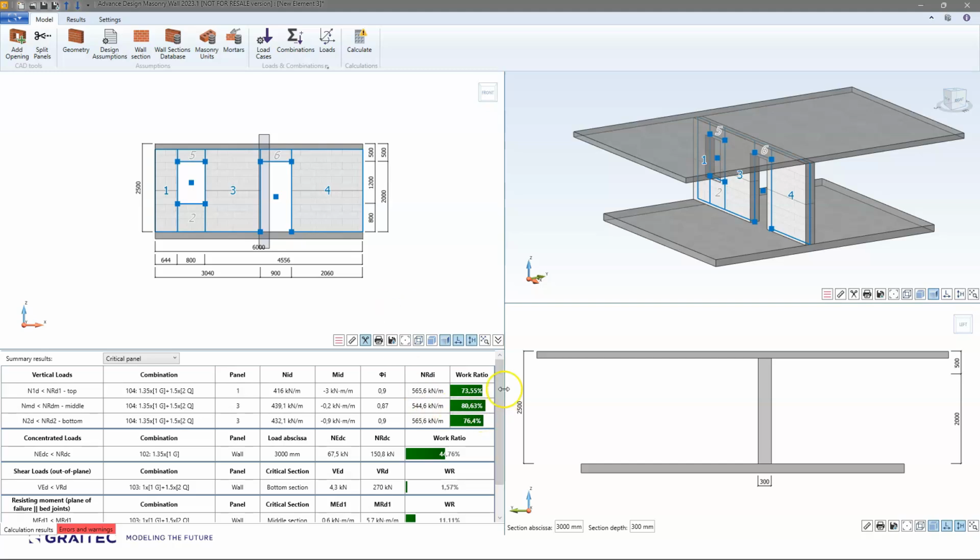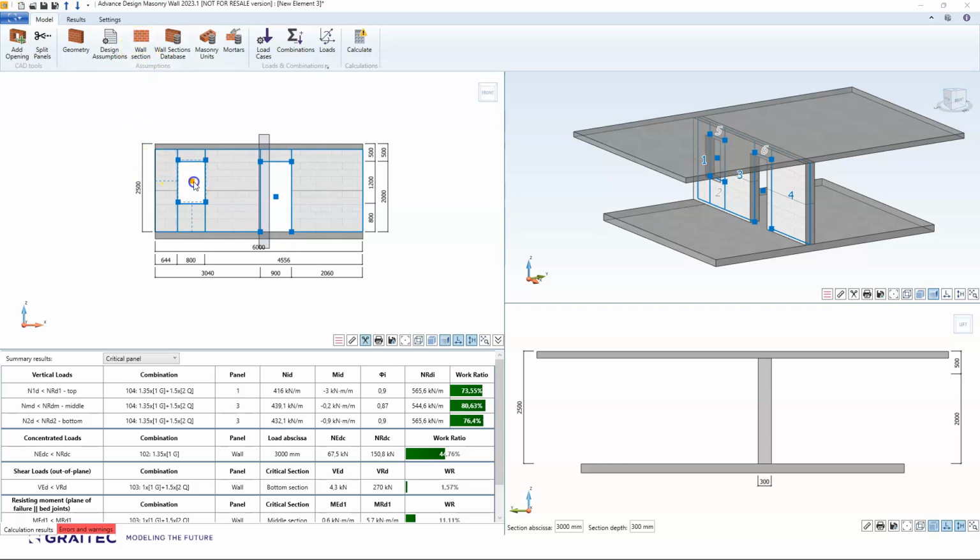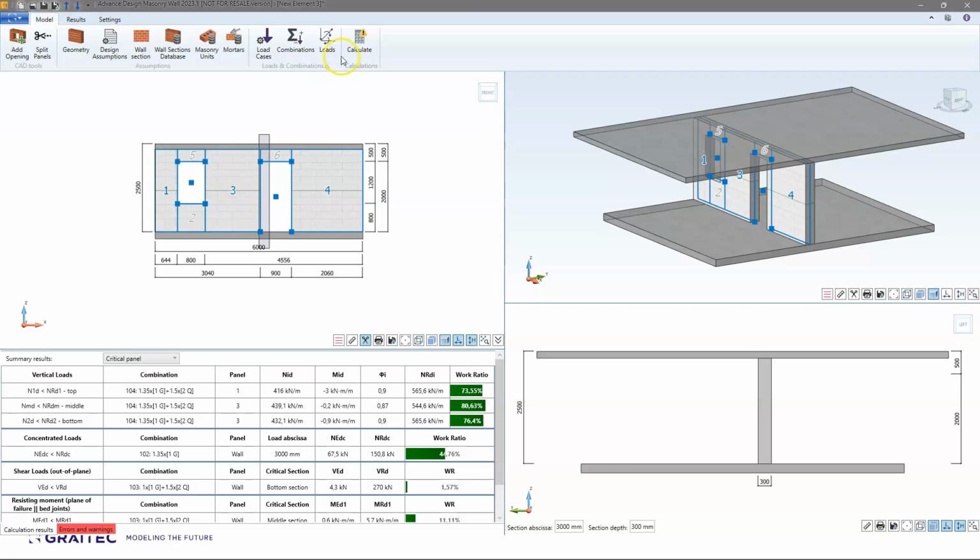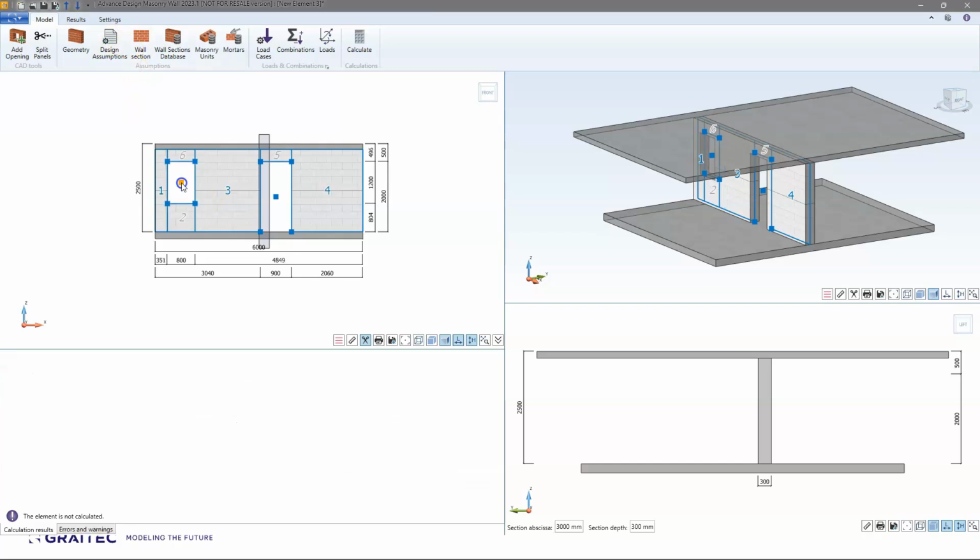So right now I simply calculated with different geometry settings. I simply modified the wall section, but you can also modify the geometry of openings, the geometry of the wall. You can modify loads and assumptions. So let's say if I modify it like this,